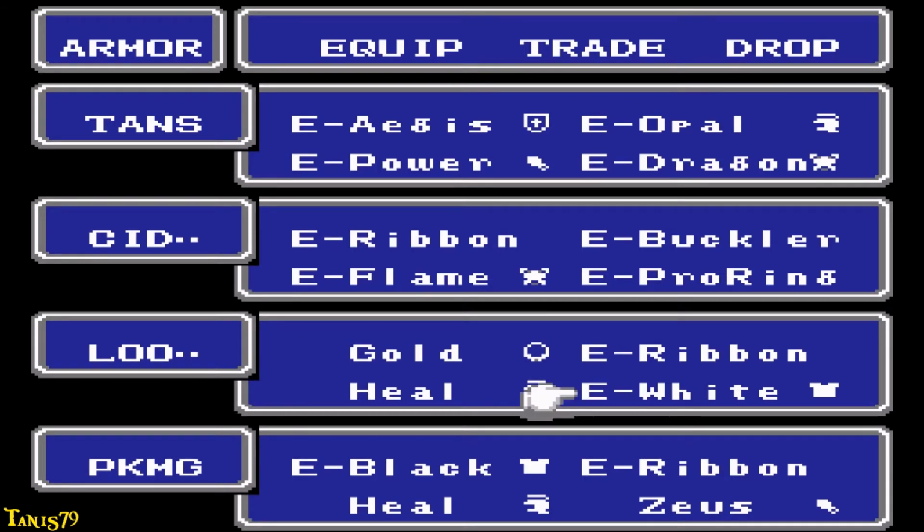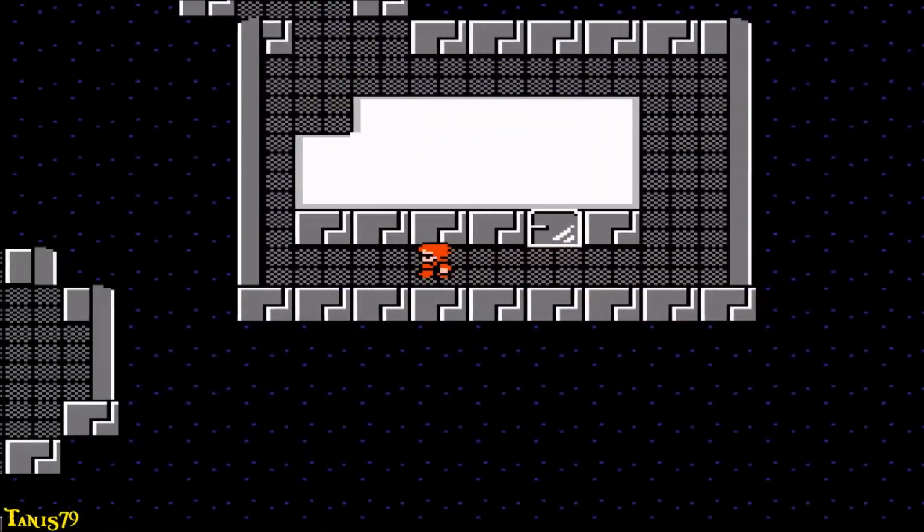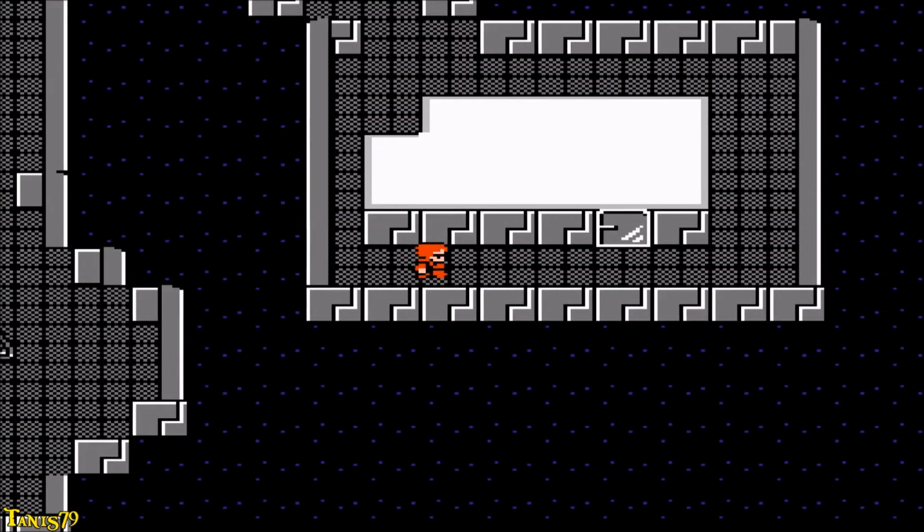And these chests right here, you're getting the white robes and the black robes. Those are the best armor for your white and your black wizard. So